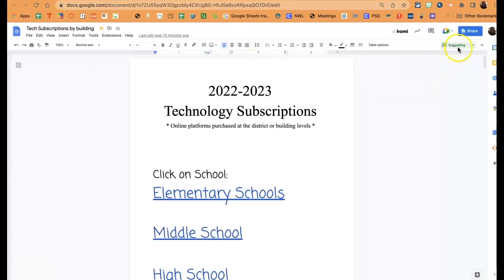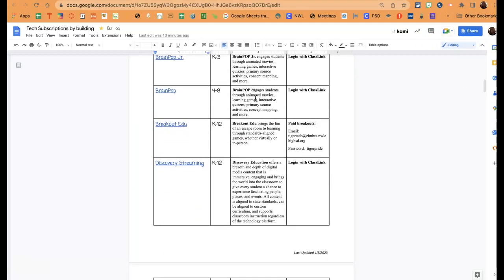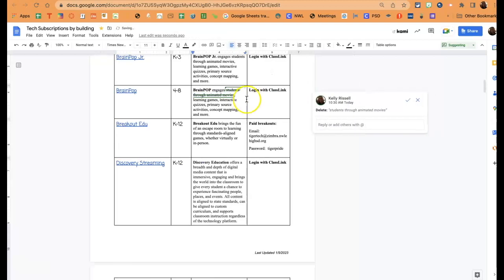Another helpful piece to know about is if you are an editor on a document, by default, we get put into this editing mode. But if you are looking for an easy way to make suggestions on a document, you can change editing to suggesting. And for example, if you were revising something for somebody else, you could come in and make changes. For example, let's say you wanted to propose deleting out this section and maybe replacing it with the words